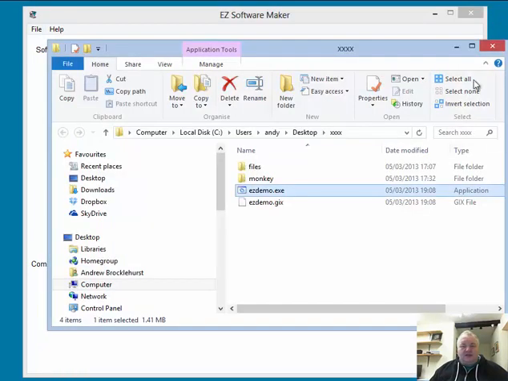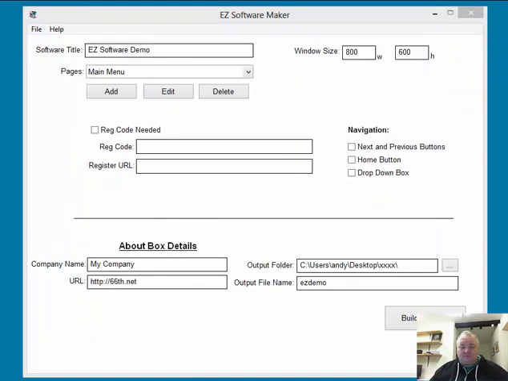So it just shows you what can be done. That is it. It's really simple to use. It comes with a detailed user manual that explains absolutely everything, but there's really very little to know. It's all mainly on one screen. Hit a button and it generates a folder, and that will contain the files that you need to pack up and send to people. That's it. That is Easy Software Maker.